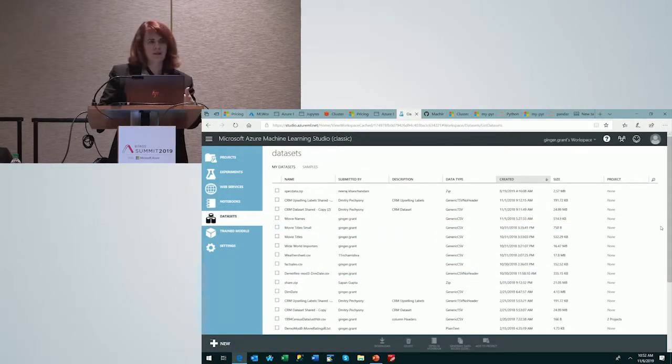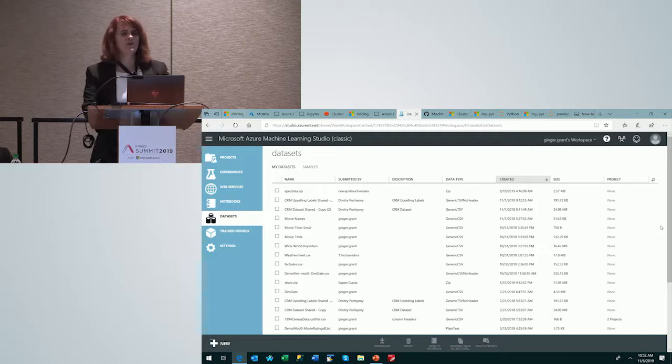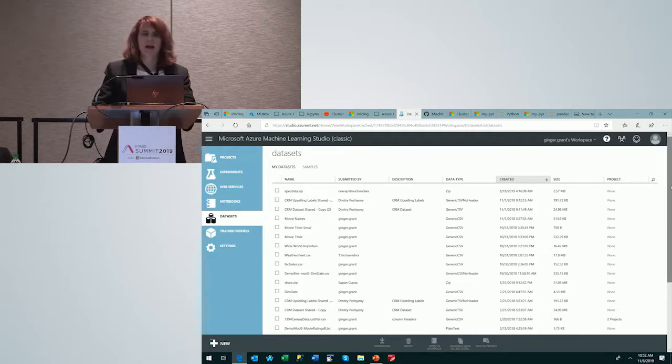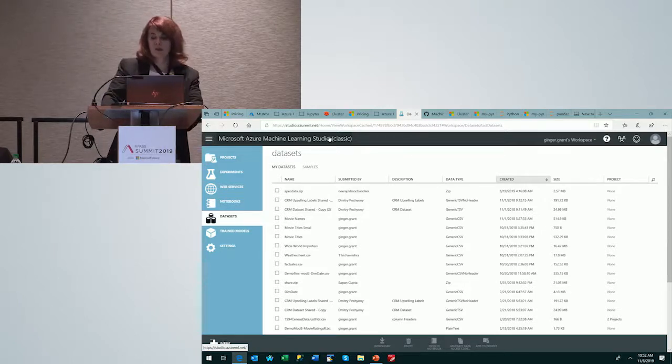So you could upload your own data sets and do all of your testing. I know a lot of people now are working on corporate machines that have restrictions on how much software you can load on them. If you do this, it's all cloud-based, and you can do all the compute, and you don't have to worry about any kind of machine that you happen to have. You don't have to load anything. And again, it costs you nothing. But now they're calling it Machine Learning Studio Classic. And you get to this particular product by going to Studio at AzureML.net, which is, of course, a different place.